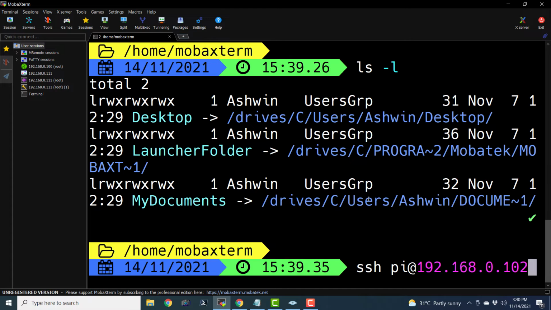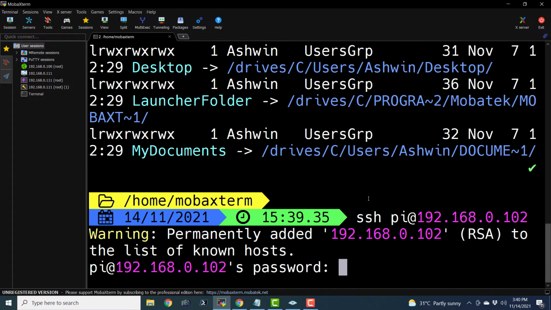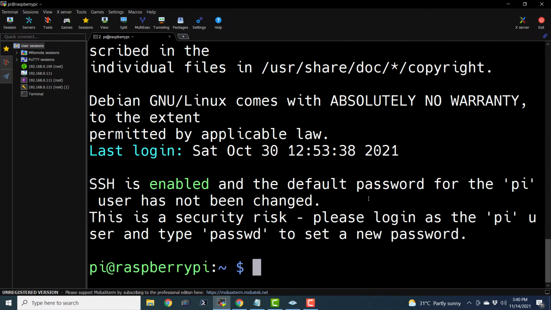Now it is able to automatically connect to the Wi-Fi because we had created wpa_supplicant.conf, which is a configuration file for Wi-Fi, and we had provided our credentials and the name of our Wi-Fi network in that file. So whenever I hit enter, it is going to prompt me for the password, and the password is raspberry, all lowercase, nothing uppercase. Let me hit enter, and we are into the Raspberry Pi command prompt.